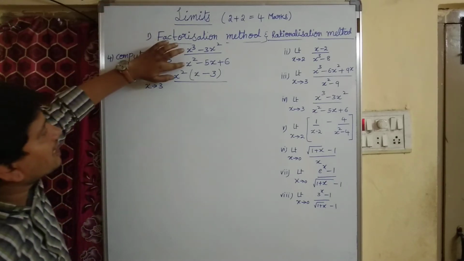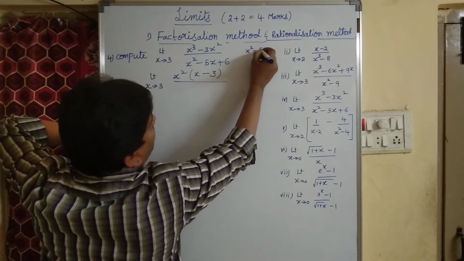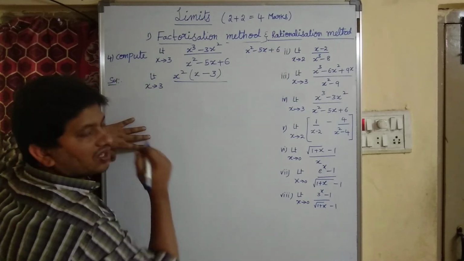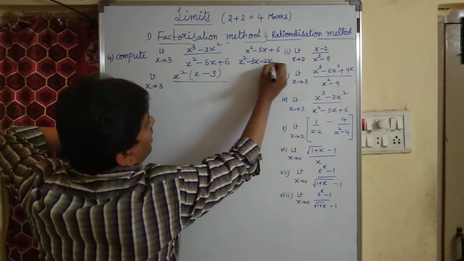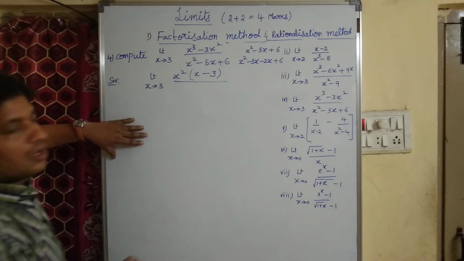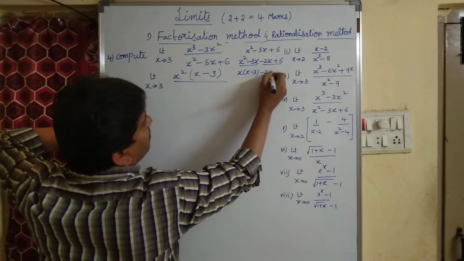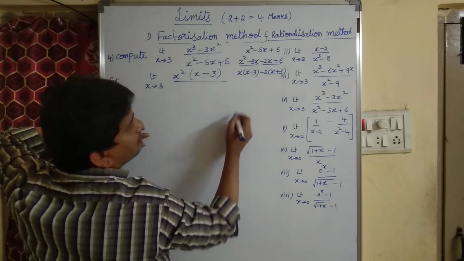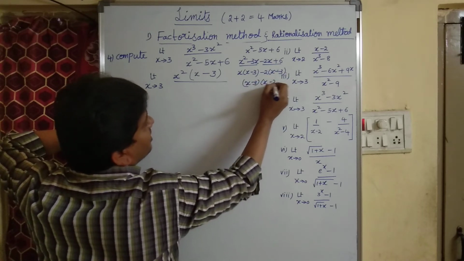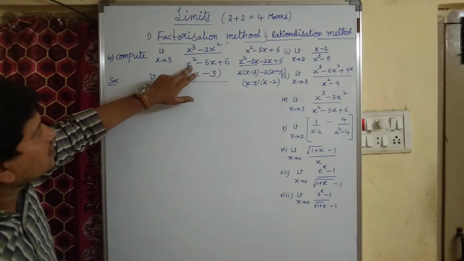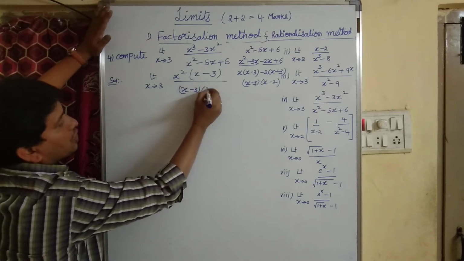Now the denominator is x square minus 5x plus 6. So let us find the factors of x square minus 5x plus 6. As we know, 6 I can write as x square minus 3x minus 2x plus 6. From these two terms if I take x as common, x minus 3. From these two terms if I take minus 2 as common, x minus 3. So again if I take x minus 3 as common, I will get x minus 2. So the factors of x square minus 5x plus 6 are x minus 3 into x minus 2, right?